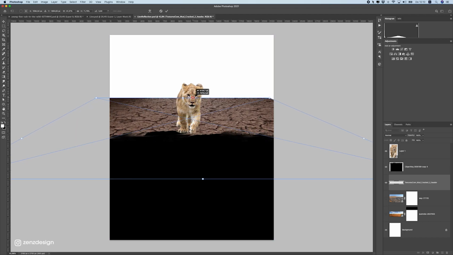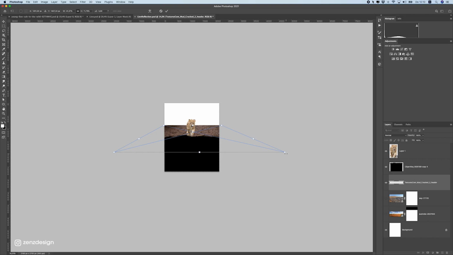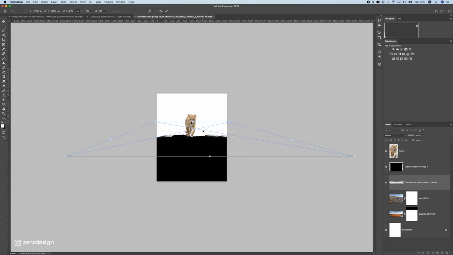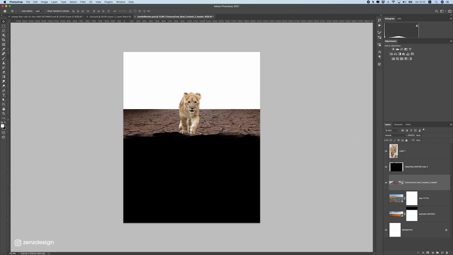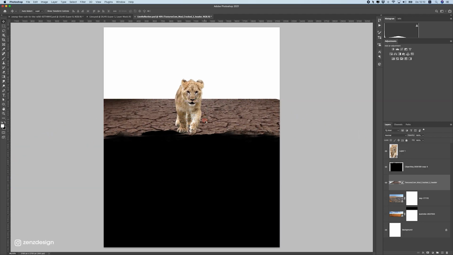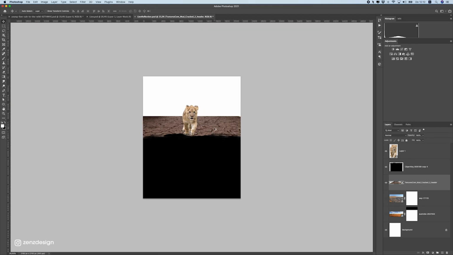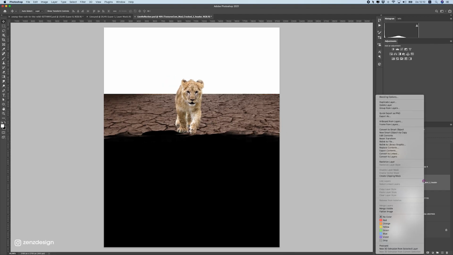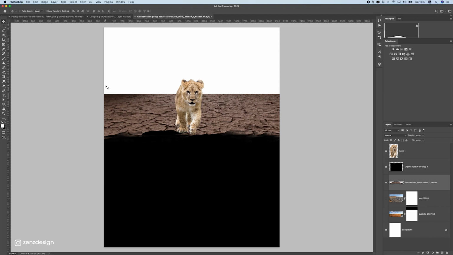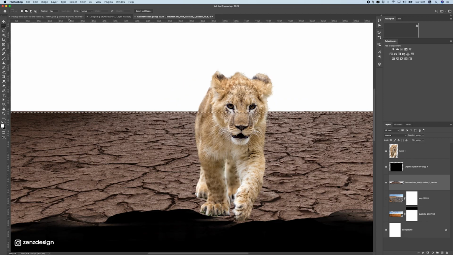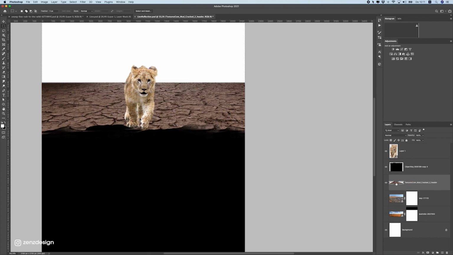You can maybe even make it bigger if you want to make it look better, but don't make it too big, because if you make it too big, it's going to ruin the quality of this ground. So this is fine. I'm going to leave it like this. You can see here the quality is a bit worse because I did this, but it doesn't matter. We have all focus on this lion and not this background. If we right-click, rasterize this layer. Now let's select this area. Make sure you select the whole area that needs to be filled. Then make sure you select this layer.